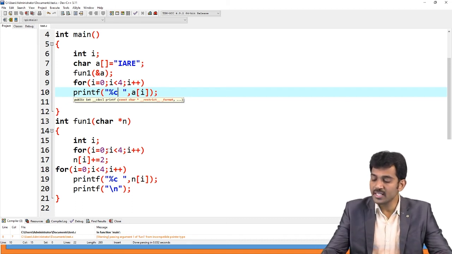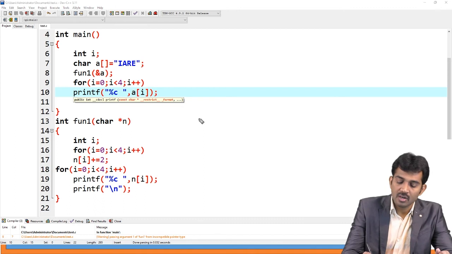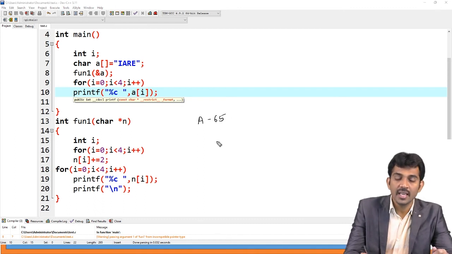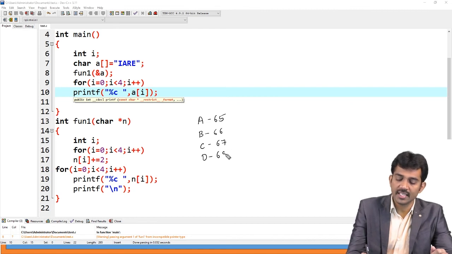So, you know, what is the ASCII value of I? So, ASCII value of capital A is 65, right? A 65. B 66. C 67. D 68. E 69.